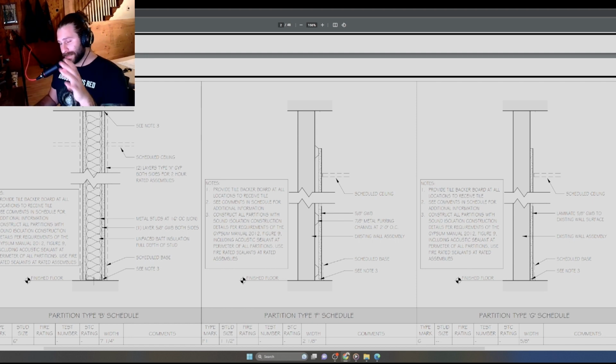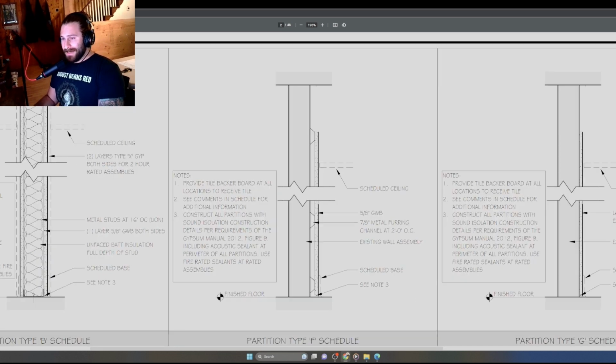So since we're talking in section right now, you can infer that this partition type is showing a furred wall on an existing wall. So the furred wall is going to be new. The existing wall is existing. And then the top and the bottom are existing. Because again, this is not a full gut renovation because we're leaving the wall,